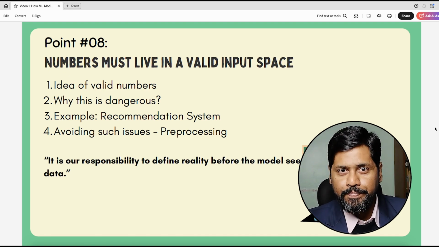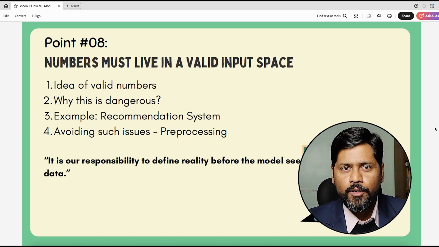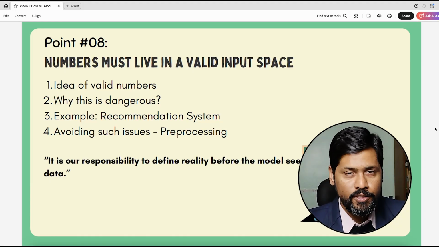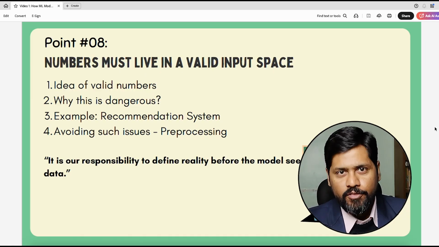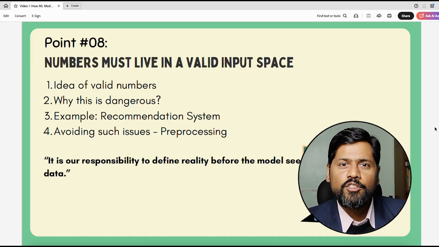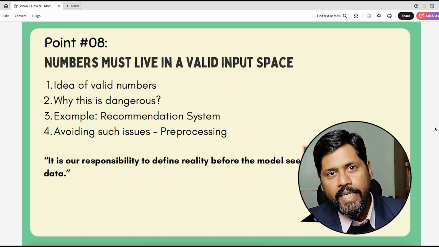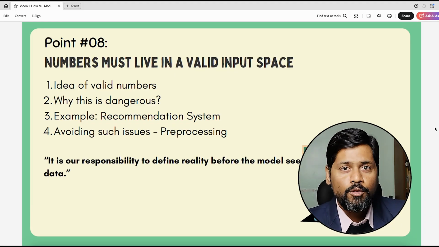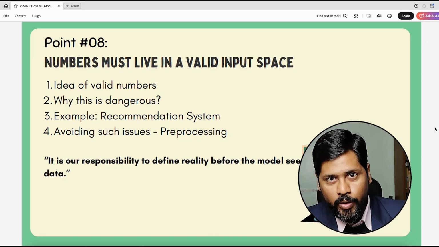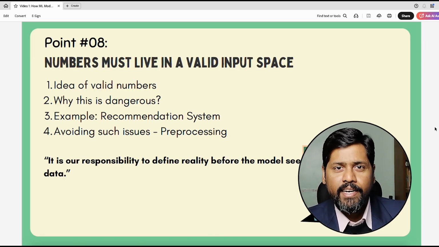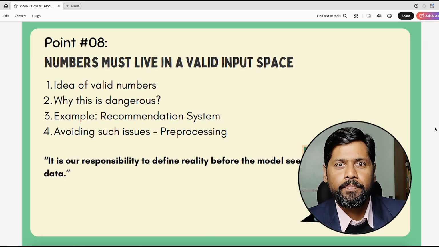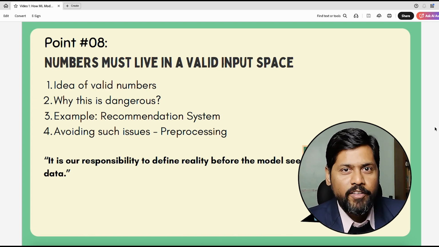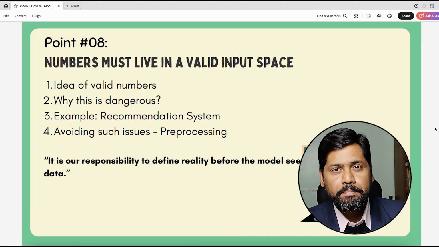Numbers are not magic. Okay, we humans, when we see a number, we can automatically say that this is a valid number and this is an invalid number for this specific feature. We know that, for example, probability can be between 0 to 1. So if we are having data which says that a probability feature could be 1.5 or 2.7 or maybe minus 1.3, we can automatically say that this is inaccurate data. Similarly, the age of a person will always be greater than 0. We can never have an age of -5 or -10.